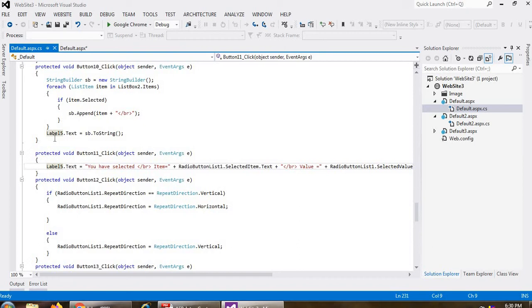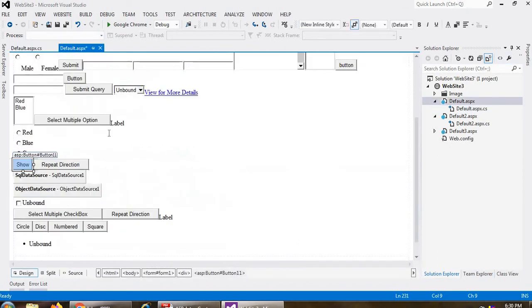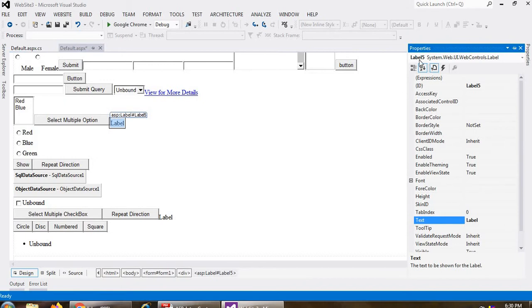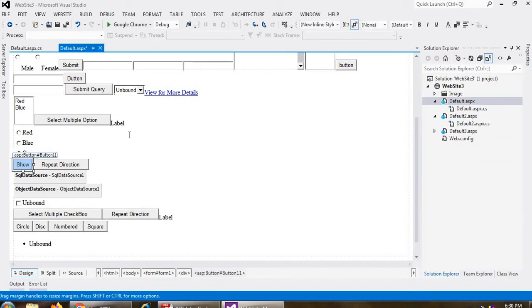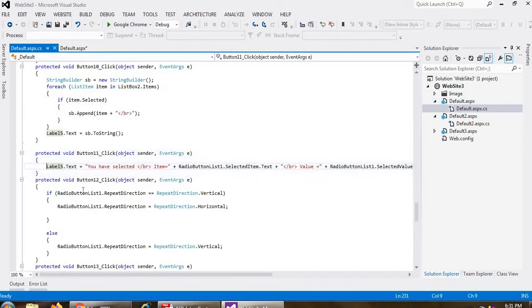So here my label name is Label5. You have seen this is my Label5. Yeah, you can see the property Label5, and when I click on this Show button, then my data is displayed on the label. So I will double click on that button, then it displays the event over here, Button1_Click event.